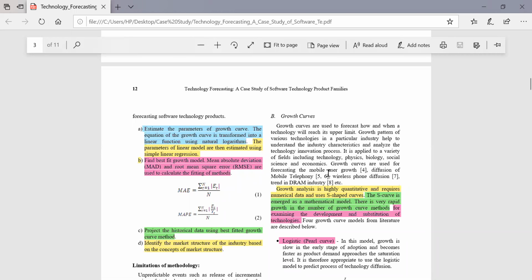These are put forward as references, just to justify the given statement with examples where people have already used it. And hence all this growth analysis is highly quantitative and it requires a huge amount of data, and